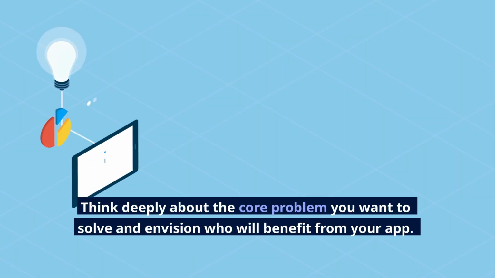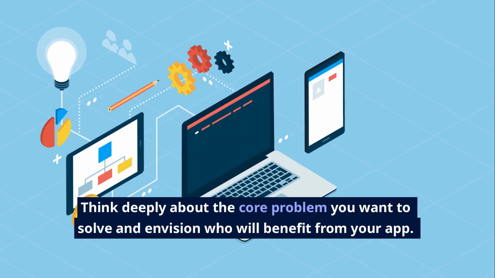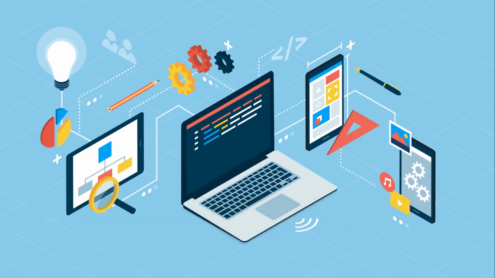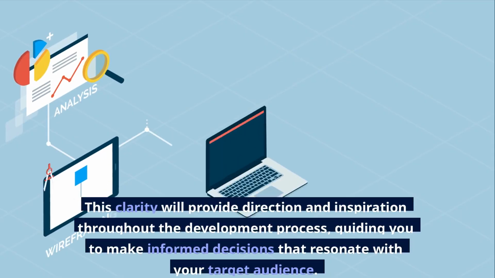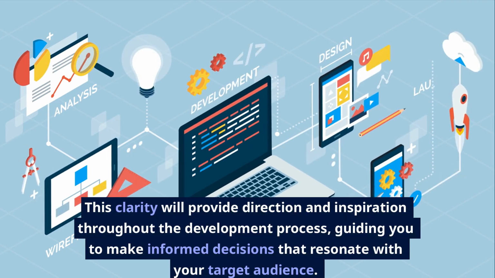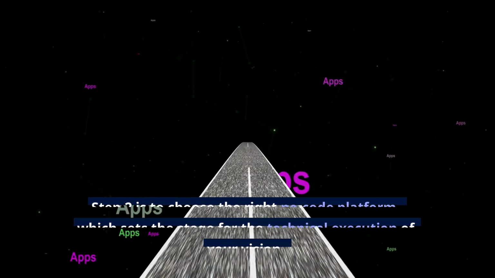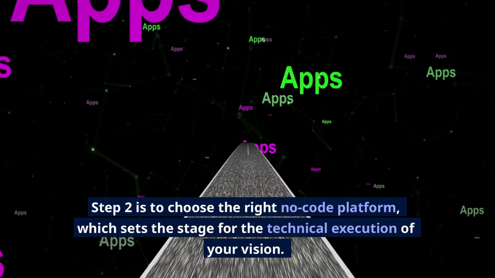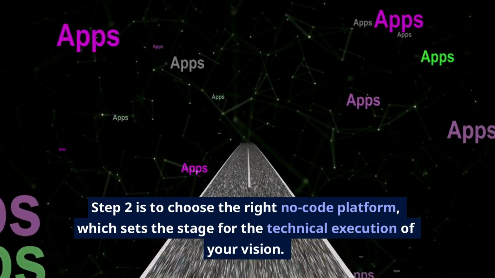Think deeply about the core problem you want to solve and envision who will benefit from your app. This clarity will provide direction and inspiration throughout the development process, guiding you to make informed decisions that resonate with your target audience. Step 2 is to choose the right no-code platform, which sets the stage for the technical execution